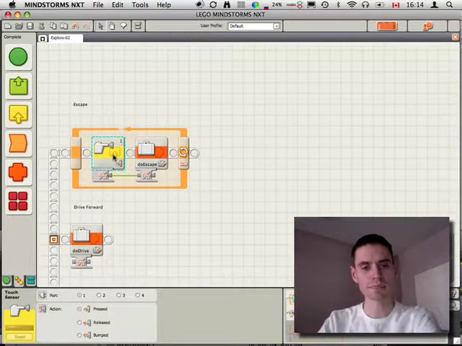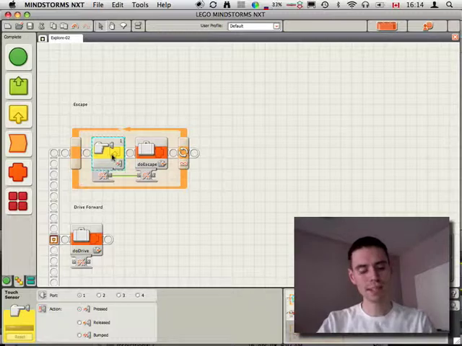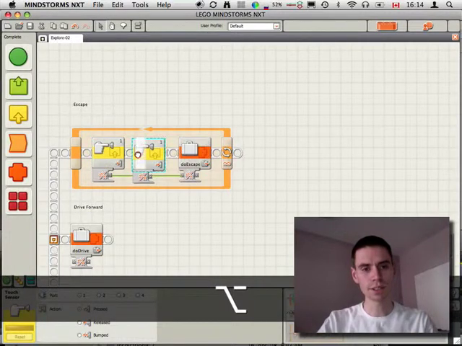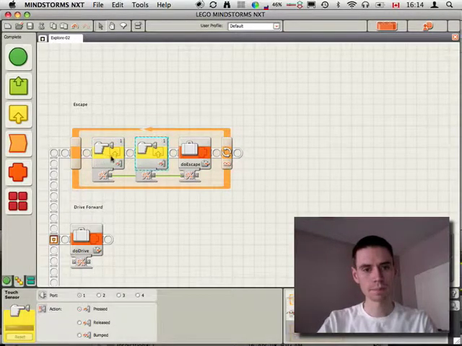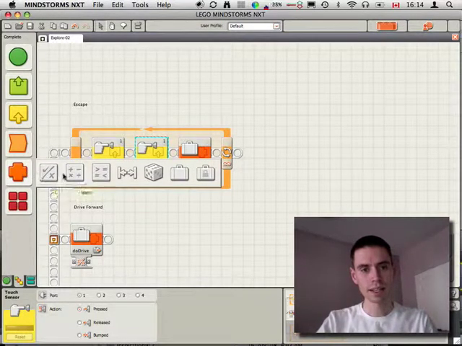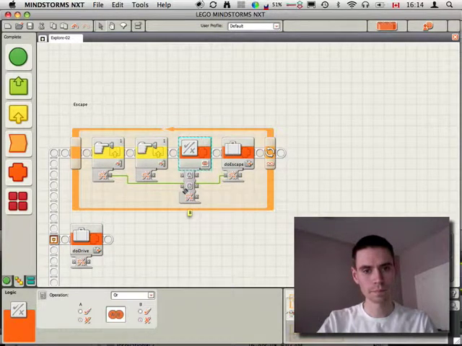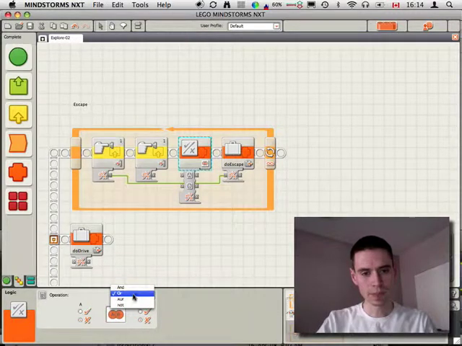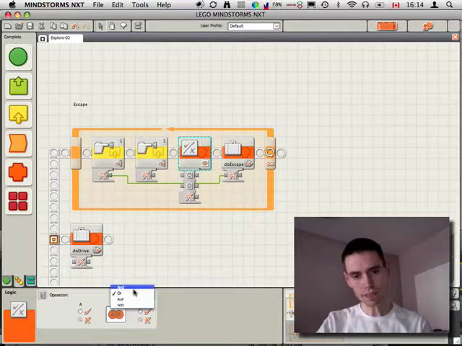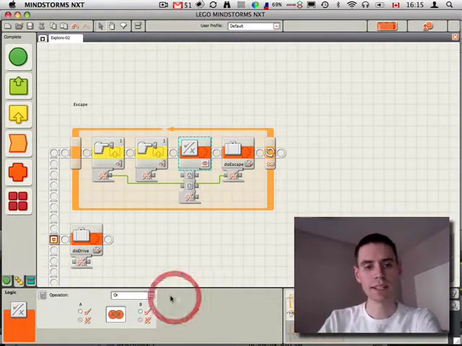So I can do this. The easiest way to duplicate things is to select them and then hold down Option on a Mac or Control on a Windows computer and just drag it and drop it where you want it. And I'm going to use this logic block here. The logic block lets me do an AND, OR, XOR, or NOT. AND will be true